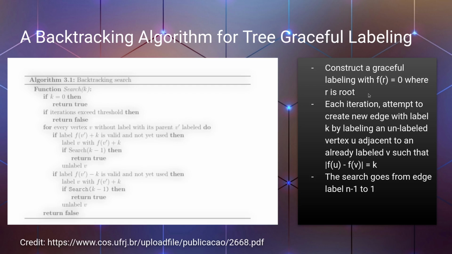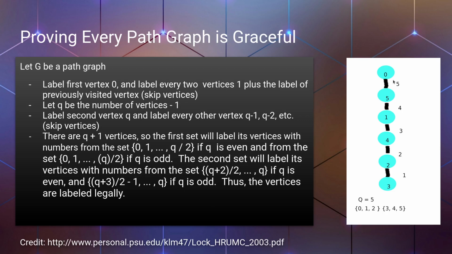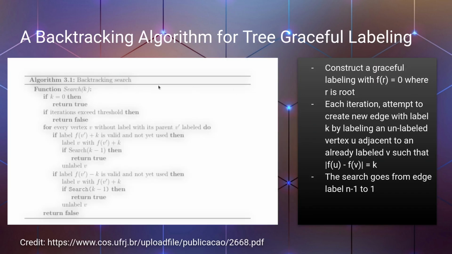So we're going to start with an unlabeled graph, and f of r, where r is the root value, is going to be equal to 0. That's kind of reflective of what we just did with this algorithm: we started at this root, and the value of that root is equal to 0. Basically, each iteration of this recursive algorithm is going to attempt to create a new edge with label k by labeling an unlabeled vertex u adjacent to an already labeled vertex v, such that the absolute difference between them